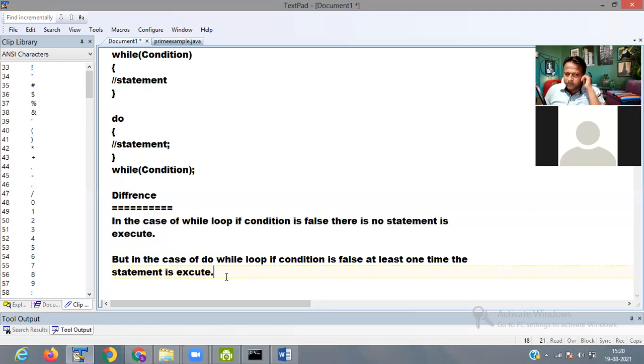There is a difference between while loop and do while loop. So programmatically, I will show you.